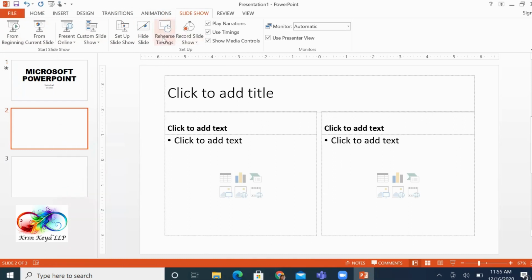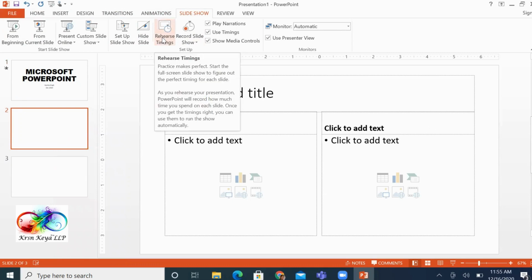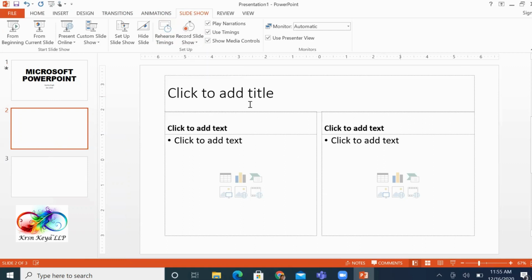Rehearse timing that you can do. I just mentioned when you are rehearsing how much time you'll spend on explaining a particular component that you have on the slide. That time, rehearse timing can be done, and that can be put when you go to that slide animation. Record the slideshow option is there. However, these elements right now we will not look into, for the reason that we just want to understand what are the components that are available for us while we are